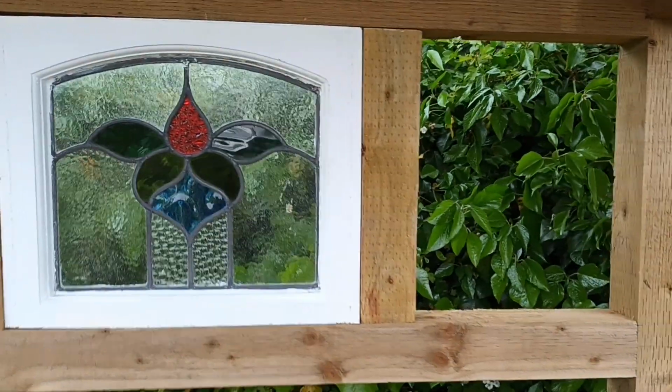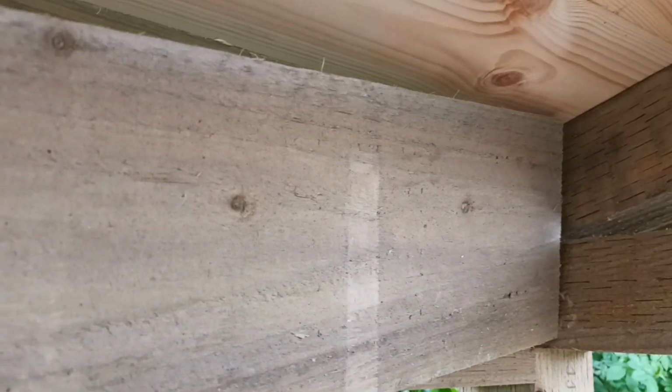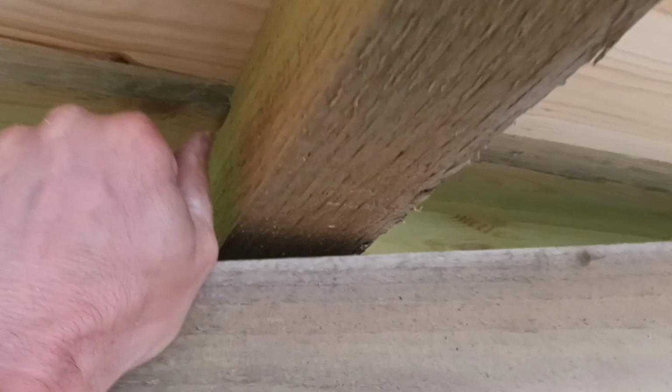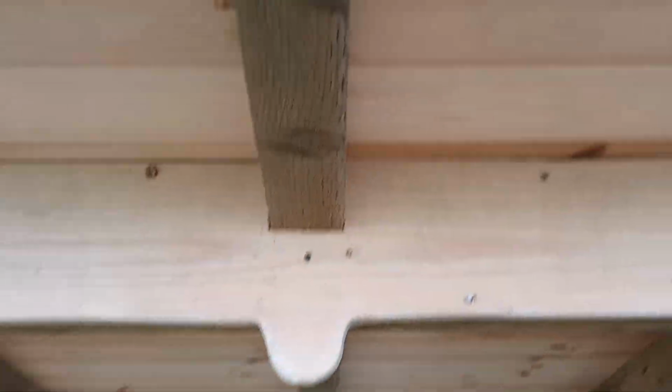What I shall do is put this piece of board up. So the barge boards or the gravel boards will sit up to there, so you won't see any of that gap whatsoever. And obviously I've got to tie them into this bit here, and they'll look good there. Well, what I'm trying to say is that's basically what it's got to look like. So I've pinned those into there, and a bit of cutting had to be done. Don't forget, this is leaning backwards. It's got a 10-degree lean on it